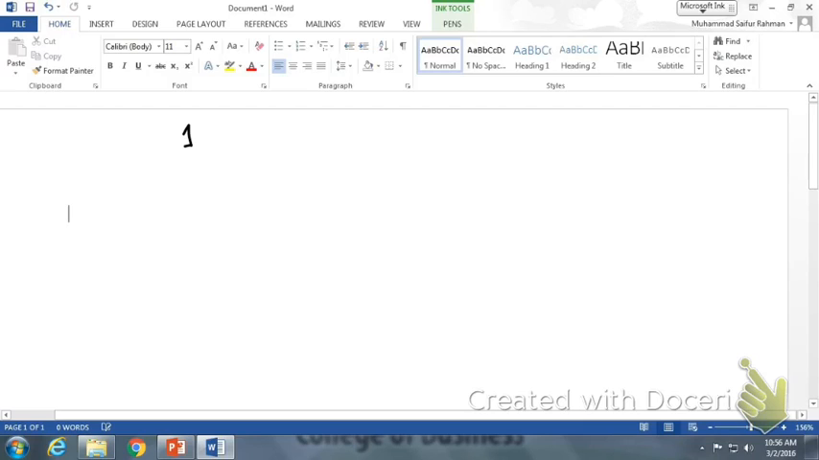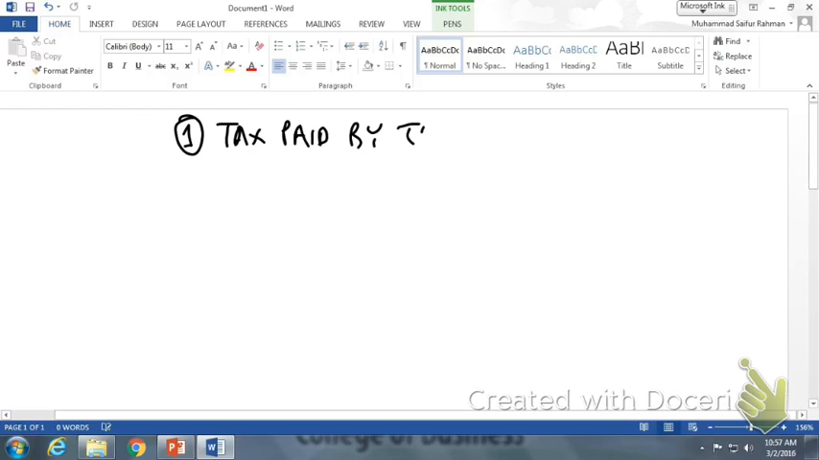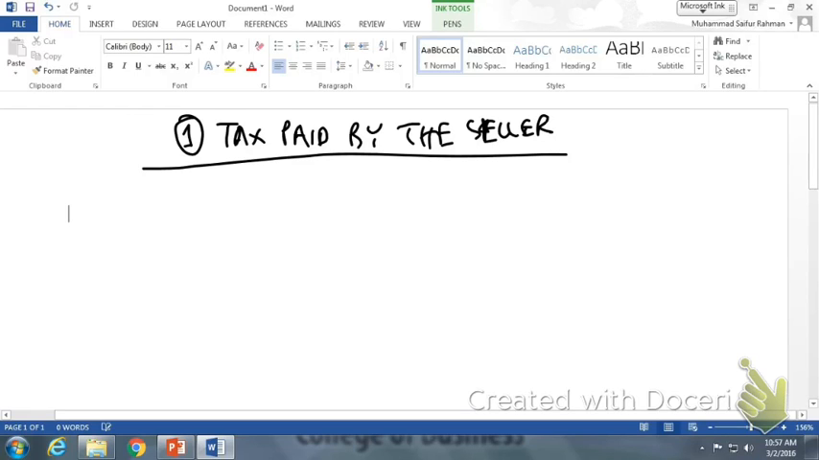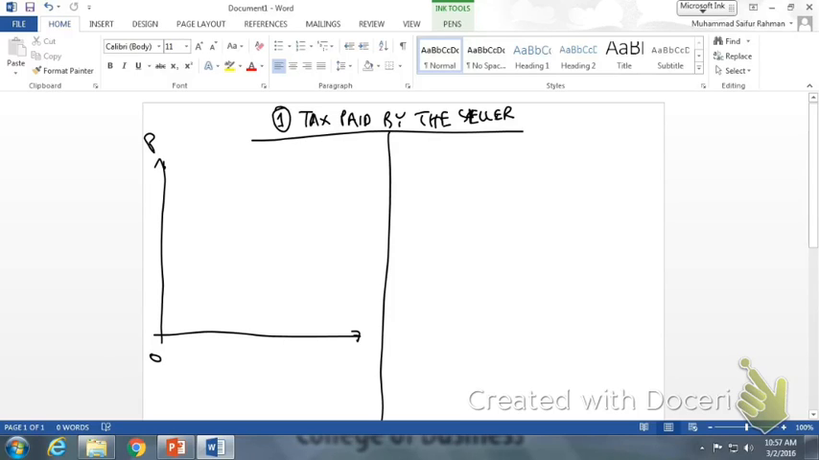The first experiment that we are going to do is a situation where the tax is paid by the seller. Tax paid by the seller. So that's my first experiment. I'm going to consider two different cases. Okay. In case 1, I will have a situation where my demand curve